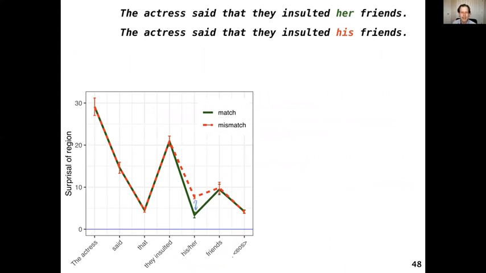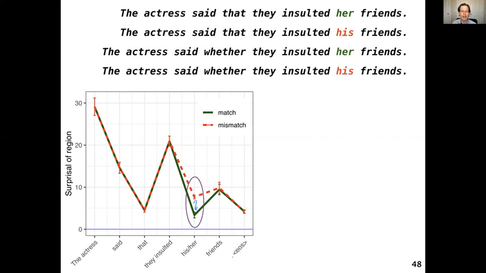The model seems to have learned that actress is stereotypically feminine, and so it expects a female pronoun. And so when you get his, in the mismatch condition, you get more surprise than in the match condition. And although we're showing the match is her and the mismatch is his, we have other materials in this experiment that have it reversed, so we're setting up an expectation for masculine pronouns. So it's not about feminine versus masculine overall, it's about matching versus mismatching gender. And so that's the effect.